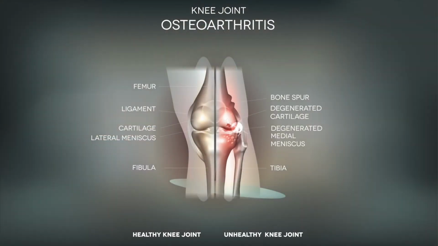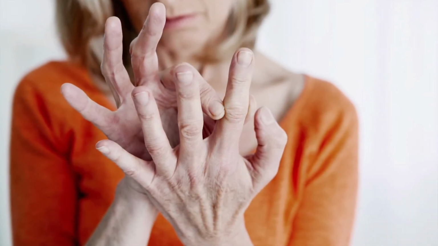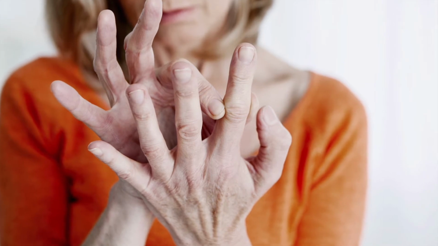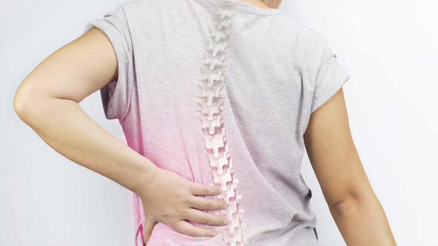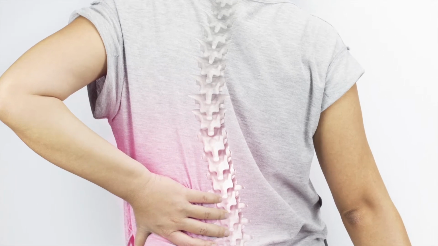Osteoarthritis is characterised by the degeneration of the articular cartilage in the joints. The cartilage in our joints covers the ends of the bone and allows for cushioning during movement and also helps to aid in smooth movement. Over time, however, with wear and tear and as part of the ageing process, the cartilage can begin to degenerate in certain areas, which can result in joint pain and reduced joint movement.